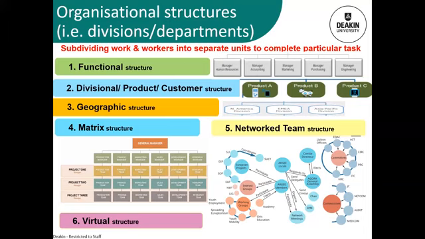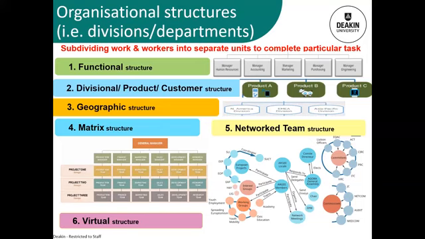But a downside can be that they often don't know or understand or maybe even appreciate what other people are doing in other departments. So if you've got the human resource people and the accountants, the human resource person might not fully understand what's important in terms of the finances or the budget. So they've got to find a way to communicate with them. But the everyday decisions in human resources will be very much based in HR policies rather than the financial type of decision making. And vice versa with the accountants. They might not be so focused on the HR side of things because they're really focusing on what's going on in their particular department.